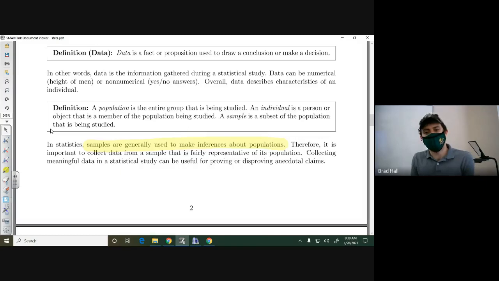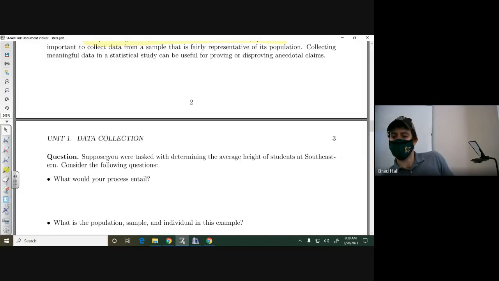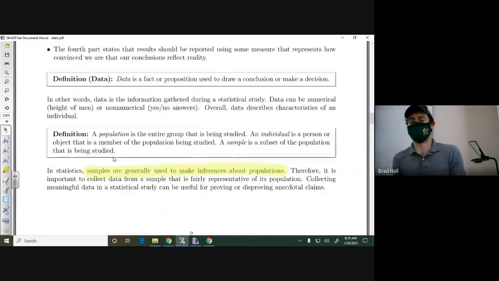So one of the examples I think of when I say that, imagine if I said that the average height of Southeastern students, okay, all right, so I'll stick with that example. Imagine if I said the average height of Southeastern students is 6'4". What would you think about that conclusion? Seems a little fishy. I mean, I'm not the tallest person, but I don't think the average height is 6'4".